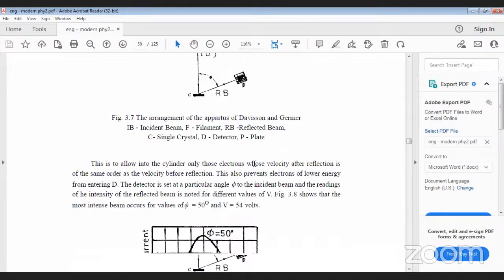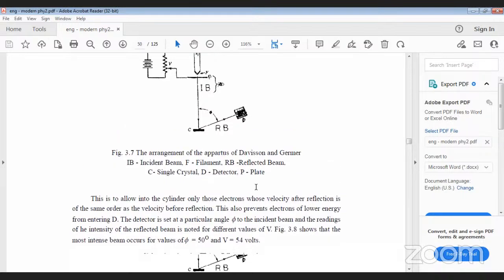Next, in the cylinder, only those electrons whose velocity after reflection is of the same order as the velocity before the reflection are collected. The velocity of the electron after the reflection is the same as before. So this prevents electrons of lower energy from reaching the detector. And